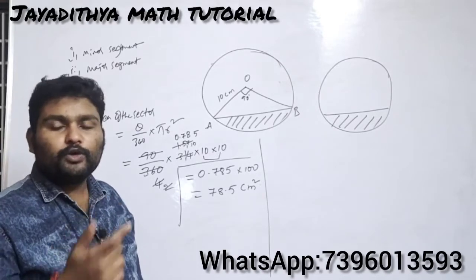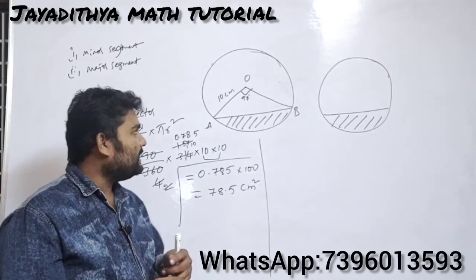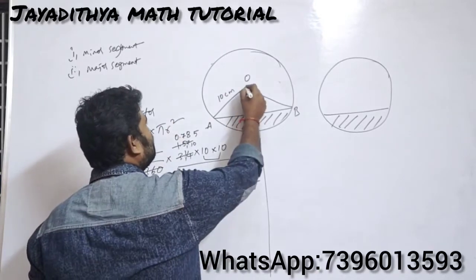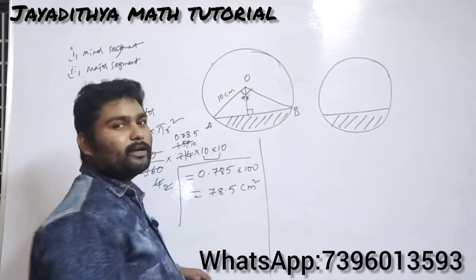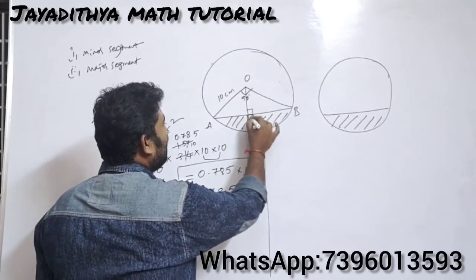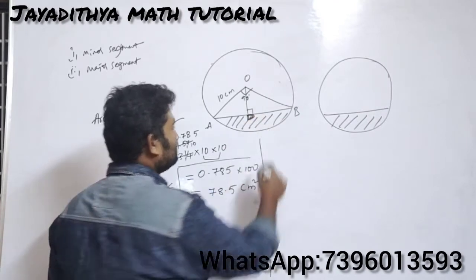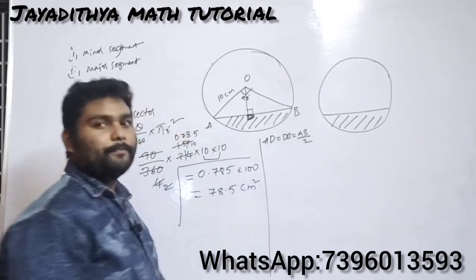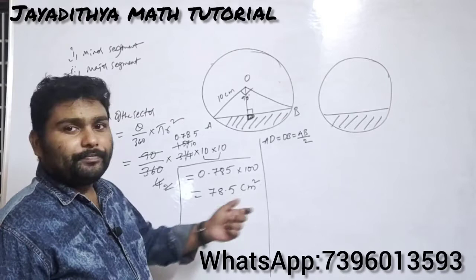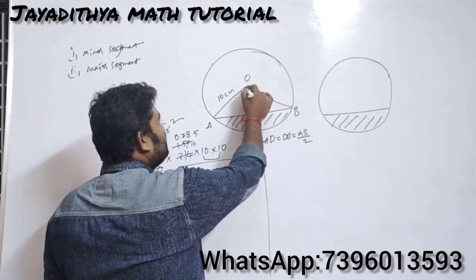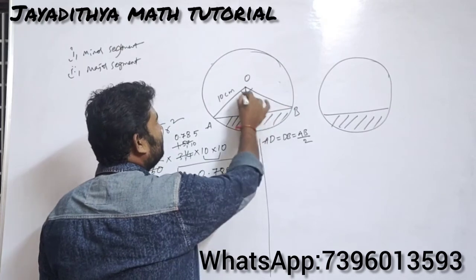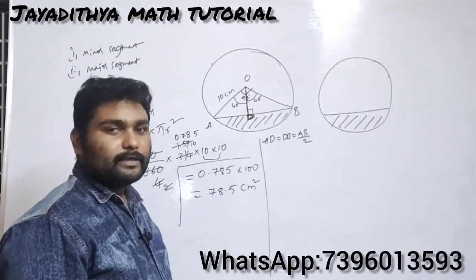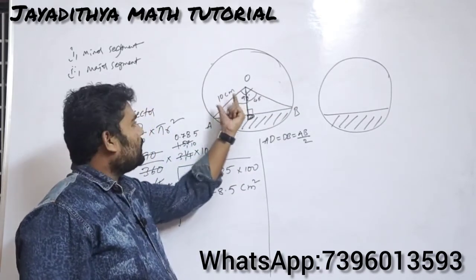How to find it? You know the statement which we have discussed in our earlier classes, when a perpendicular is drawn from the center to the chord, it bisects the chord. So if I take a point here as D, you can say that AD will be equals to DB will be equals to how much? That is AB by 2. Okay, and also if you observe here, this angle also will be bisected. So this angle will become 45 and this angle also will become 45. Clear? So you have the hypotenuse and you have the angle.